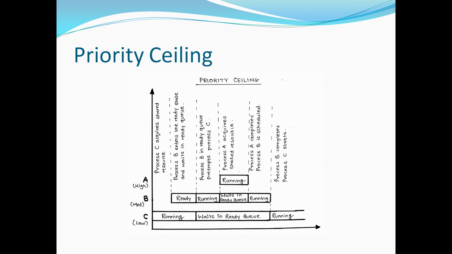And these are the states: ready state, running state, wait state, and so on. Now here, when a task acquires a shared resource, the task priority is temporarily raised to the priority ceiling of that resource. Like here, first stage. The priority ceiling must be higher than the highest priority of all tasks, thereby ensuring that a task running a shared resource won't be preempted by any other task attempting to access that same resource.